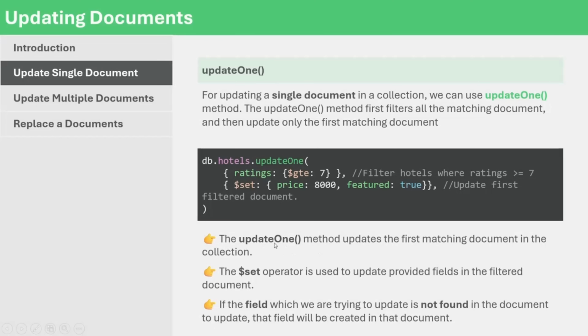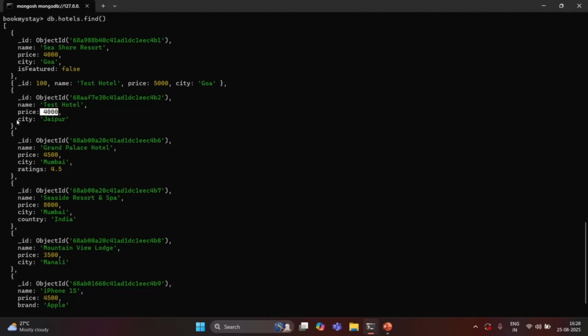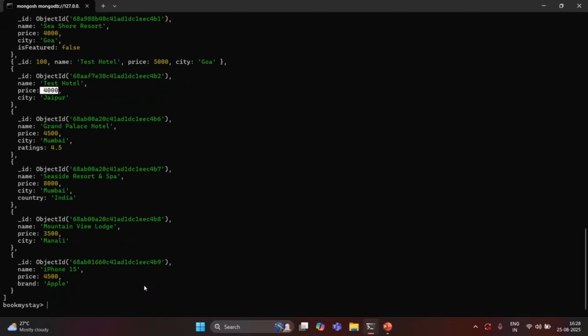The updateOne method updates the first matching document in the collection. We use the $set operator to update the provided fields in the filtered document. And if the field which we are trying to update is not found in the document, then it is going to create that field. So for example, in this document, we do not have a ratings field, right? So if I try to update the ratings field for that document,